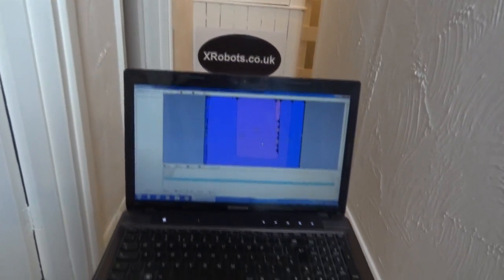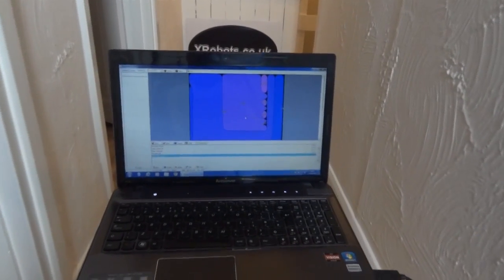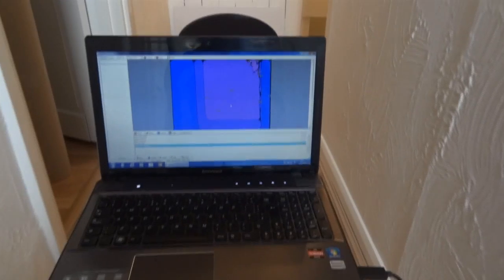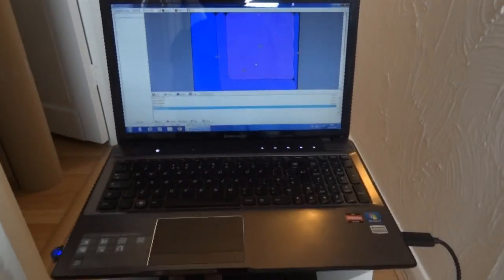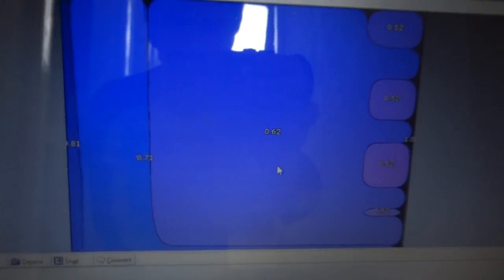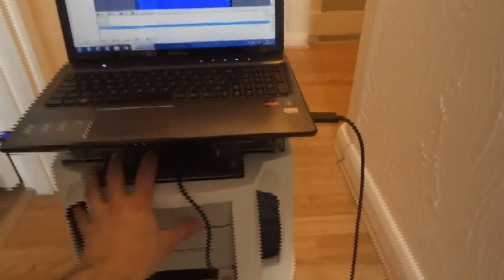Hopefully this mains lead's long enough I can just give this a push. Obviously we can see the pink's disappeared already, and as we head down the hallway things get bluer. Hopefully you can just about see the number there, which should be getting higher as we get to the, or at least the colours are getting darker. We've got a 0.71, and eventually,